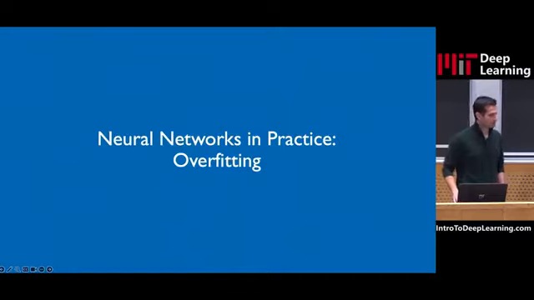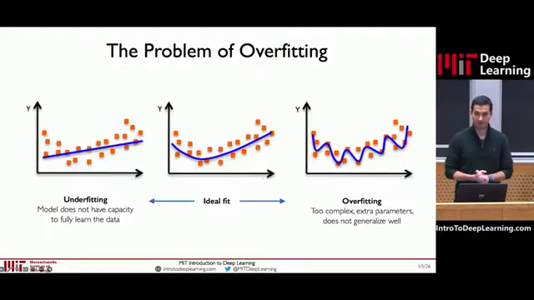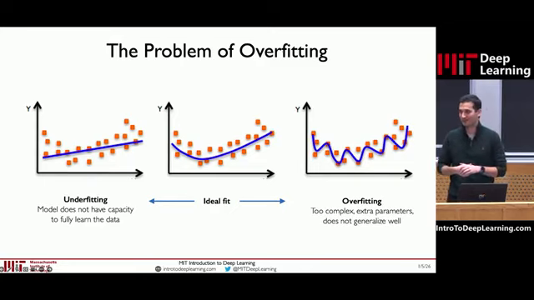Now, the last topic I want to touch on is overfitting, right? This is a very well-known problem in the field of machine learning, but it extends also, obviously, into deep learning as well. Now, what is overfitting? Overfitting is nothing more than the process of learning too much into your data, right? Looking too much into it and overfitting on the details of that data set that do not generalize outside of the particular training data that you've seen.